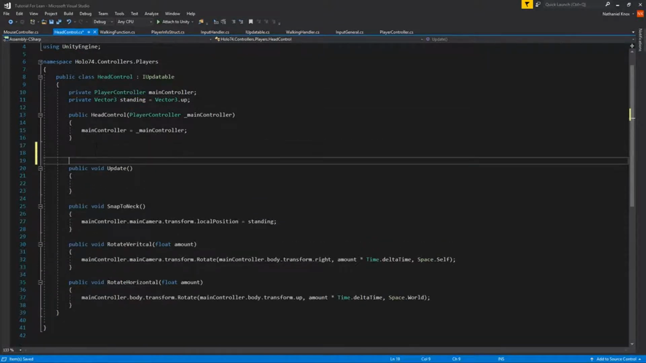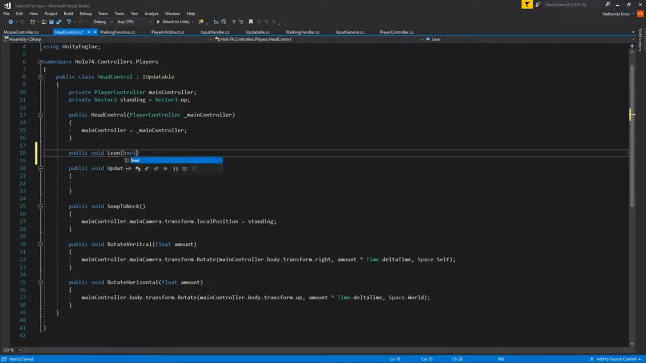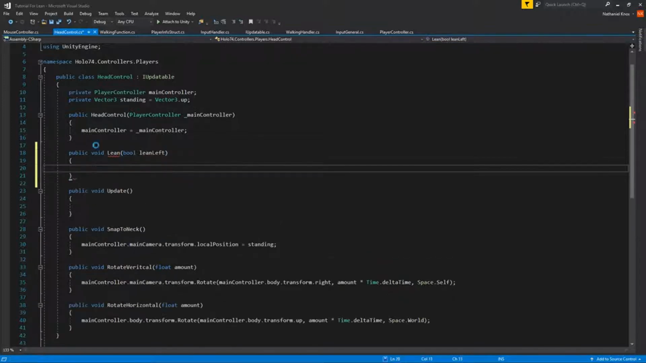So with this, we're going to want a function for leaning, left or right. So we're going to do public void Lean, bool leanLeft. Essentially we're going to say, alright, are we leaning left or are we leaning right? If we're leaning right, we're just going to say false and output the functions from there. If leaning left,